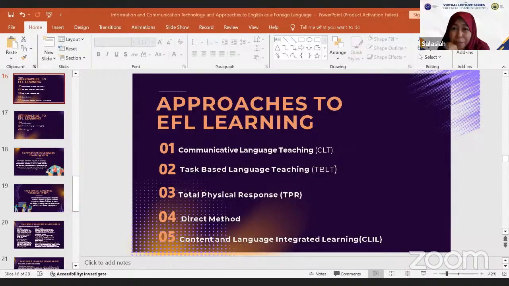Please, Ibu Sol Aspia, what about you? Because you teach in a remote area, what type of approach do you use for your EFL learning? Ibu Sol Aspia, are you available in the room?